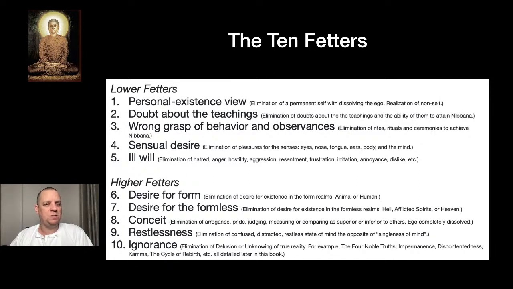This personal existence view relates to how the unenlightened mind holds the concept of a self in the mind. And this is what the Buddha referred to in the 3 universal truths as non-self. He's teaching that the universal truth is that there is no self. But because of the pollution of the mind, because of the way the unenlightened mind thinks, it actually thinks that there is a self. Or what we refer to here is the unenlightened mind thinks that there's a personal existence, that this physical body